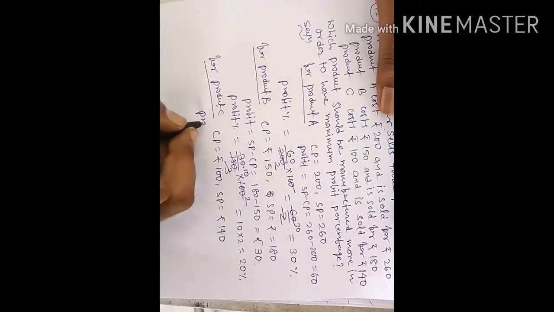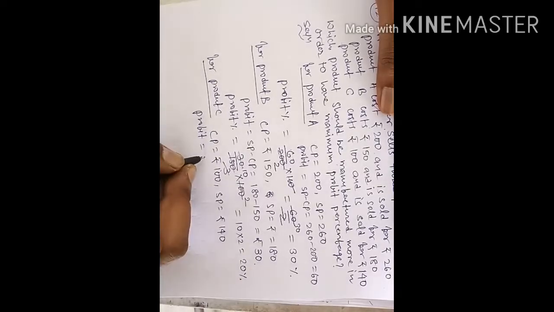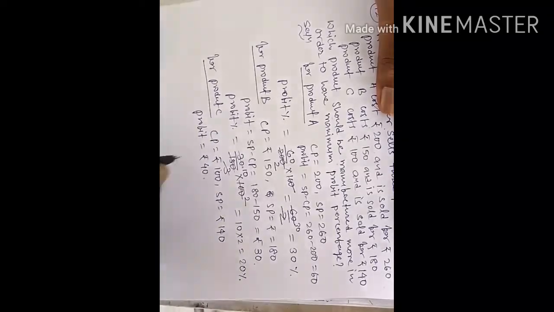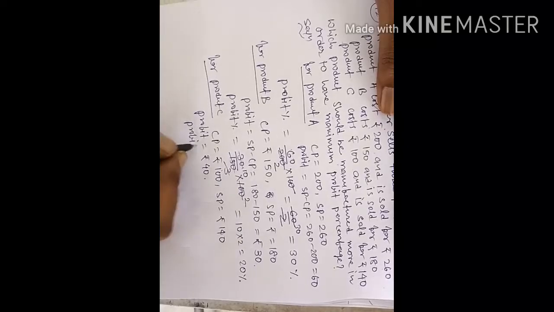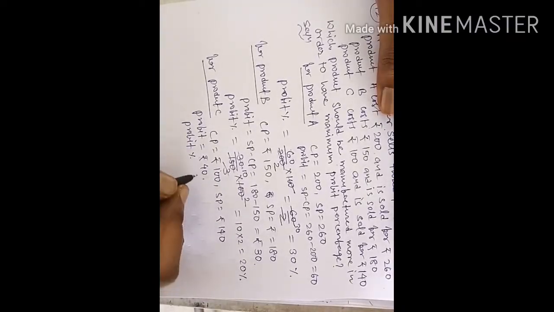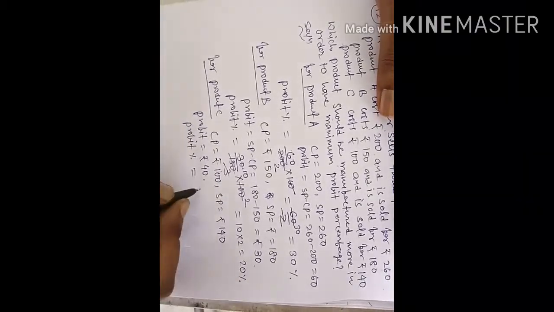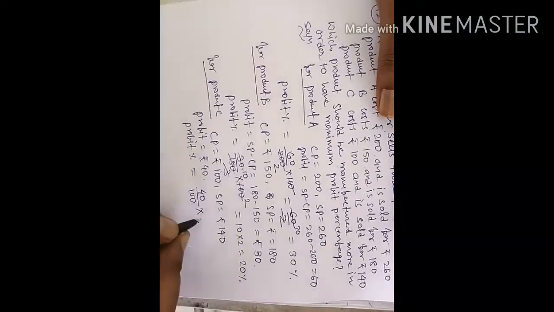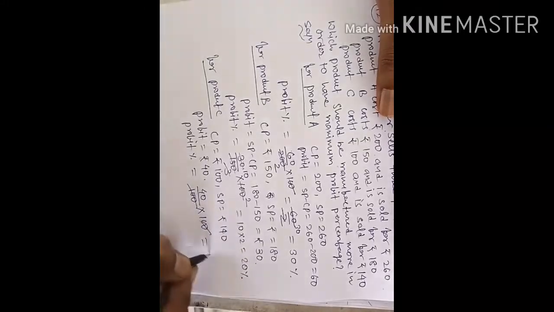So profit is equal to rupees 40. So profit percent, here how to find the profit? By SP minus CP. So profit, that is 40 by CP, that is 100 into 100, 100 cancels out,